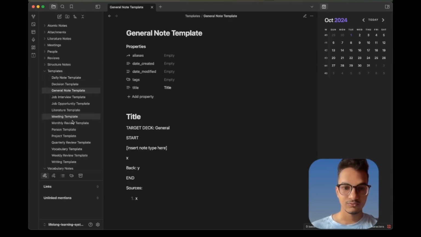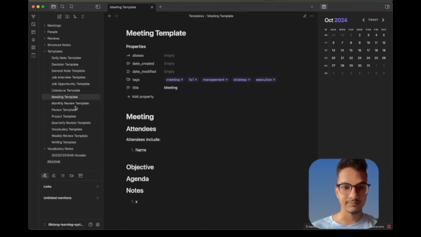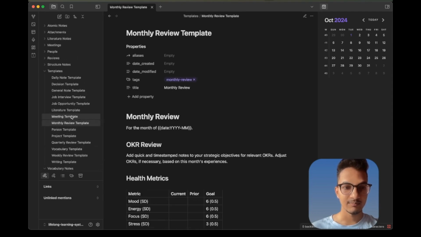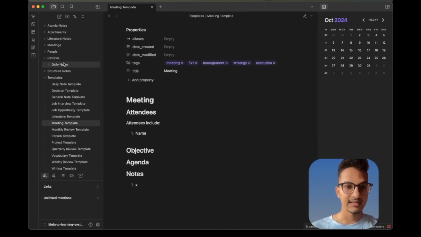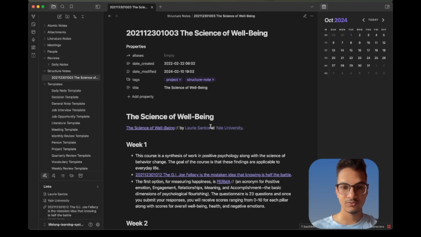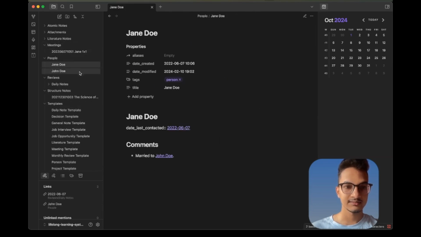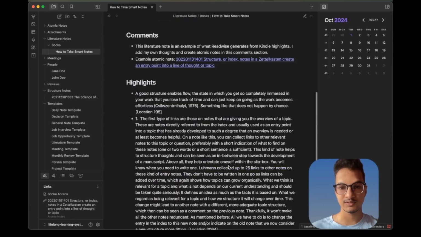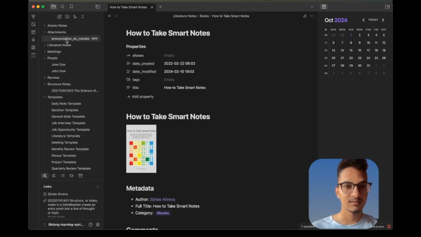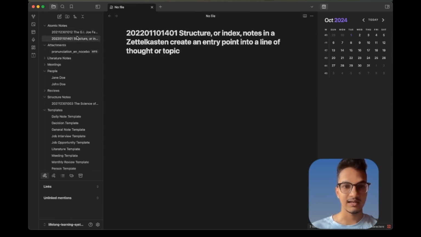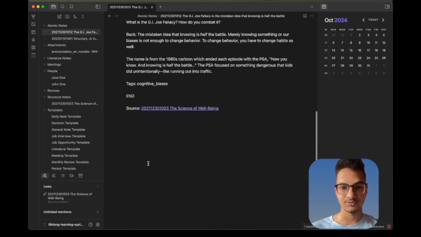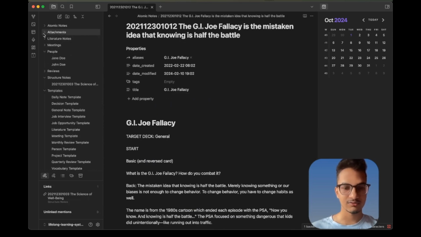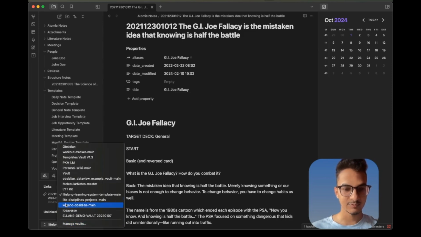Okay, we have a link to the article where he talks about the overview of how to build this system. And let's go through templates. Over here we have some of the templates like daily, weekly, monthly review template, a meeting template, and then we have structure notes, meeting, people note, literature note with one book. Okay, attachments, atomic notes with just 2 notes. I did not find much info in this demo vault, so I'll just skip this and let's move to